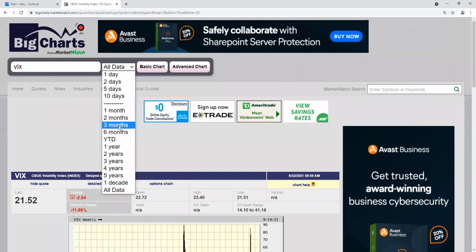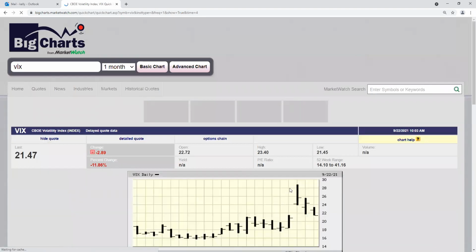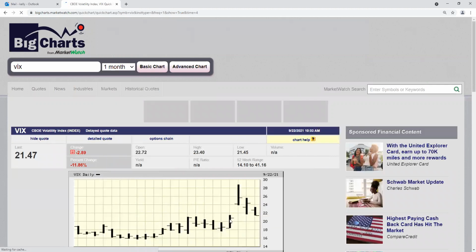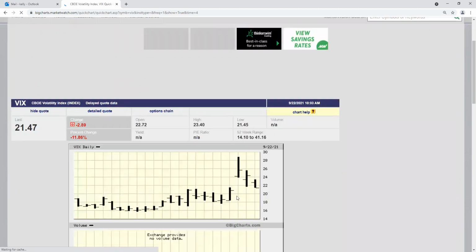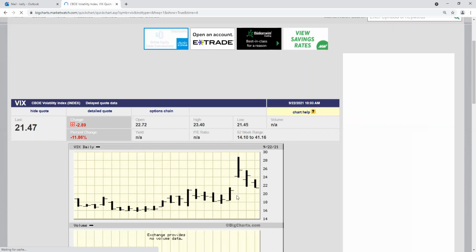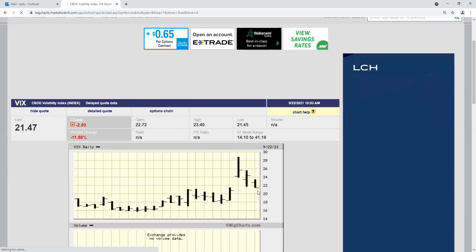Let's take a look here on a short-term basis, 1 month. Again, you can see a nice spike up. And again, all it did right now is fill the gap. Okay, so that's why we're not out of the woods yet. We're not above 4,450, and we are not underneath this level here. Getting back under 20, I think, is really essential if you want to put your total bull cap on again.